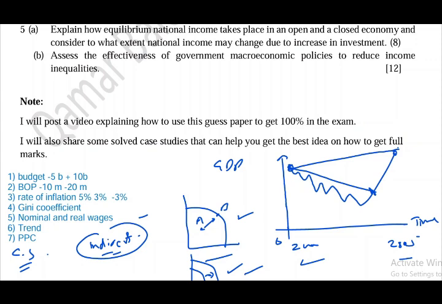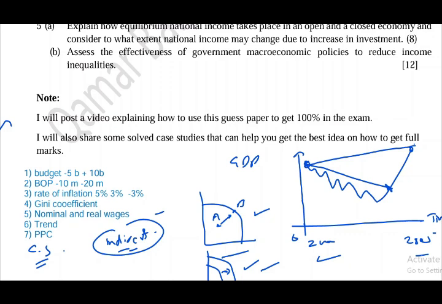And from unit number 4, inflation, unemployment, growth, and equilibrium national income are the concepts basically involved. You may be tested about the consequences of inflation, or you may have to find out the trends in the inflation rate. If the inflation rate is positive, it means prices are increasing. If the inflation rate is negative, it means prices are decreasing. If the inflation rate is 0, it means prices are stable.